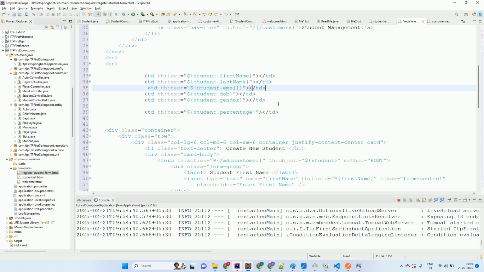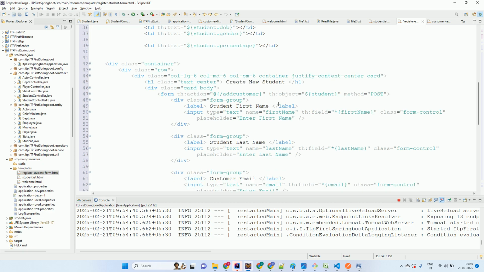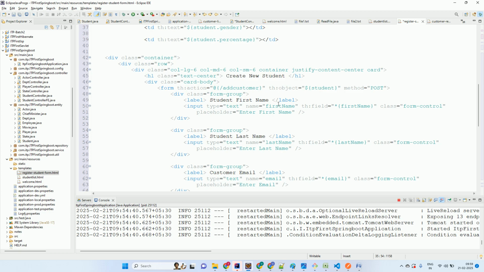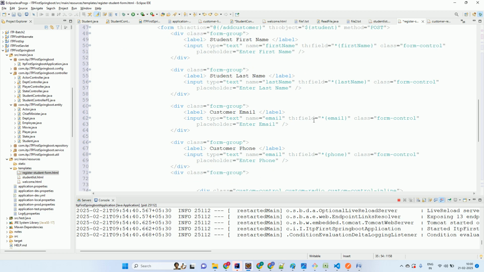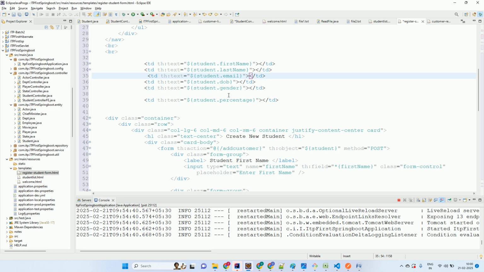Input type is text and okay. Then enter email. Next is phone. So we don't have phone, we'll rather use percentage then. For phone, we would rather use percentage. So replace phone with